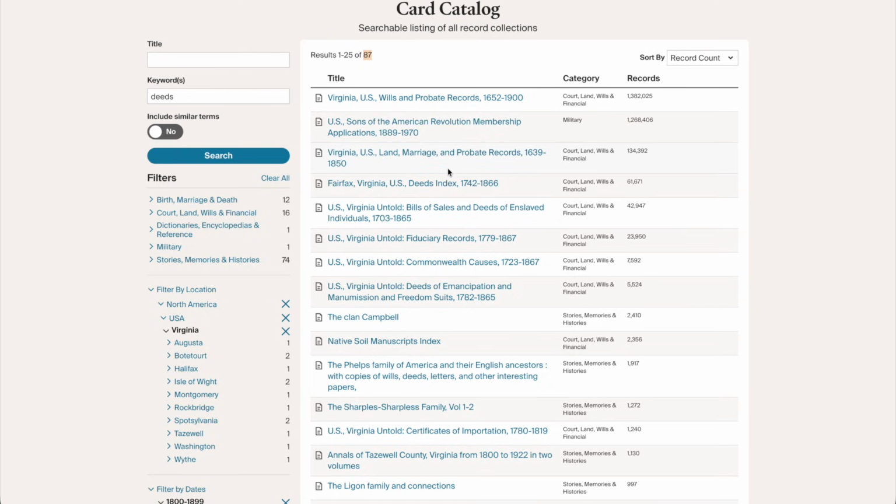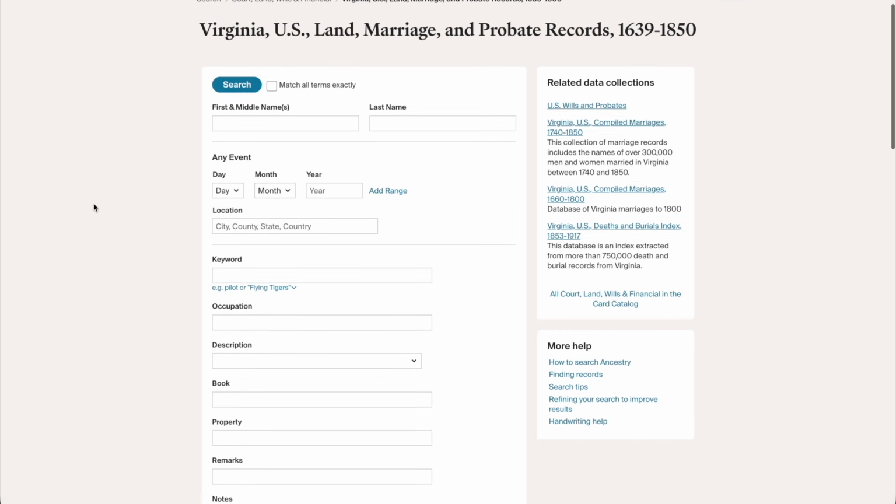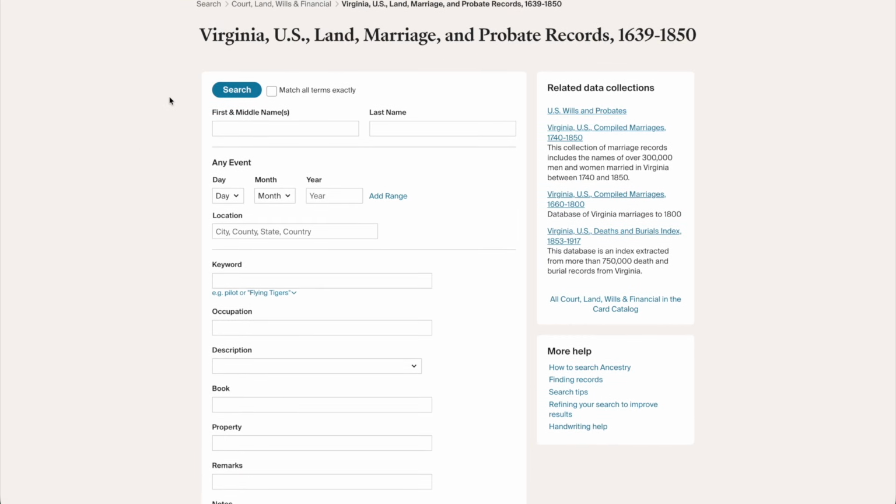Okay, so now let's just see what happens, because now you're going to actually have to go through each of these collections. Okay, so now you have to enter the name of your ancestor, and you can search this exact records database. Now, given the fact that if we go back to the previous page, there were like 1 million records in here. That's why you place this one set of records against all of the other sets of records with millions and millions per collection, right? And you only have a return box this big, right? Of course you're going to get bottlenecked,